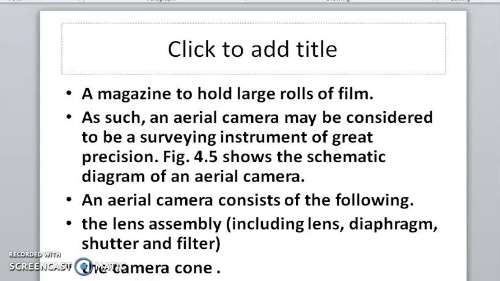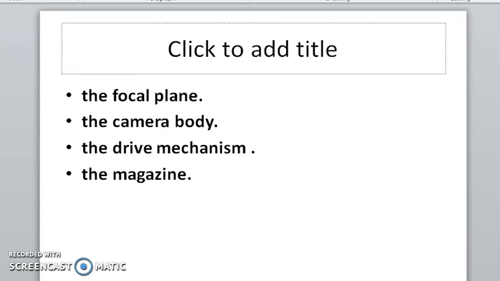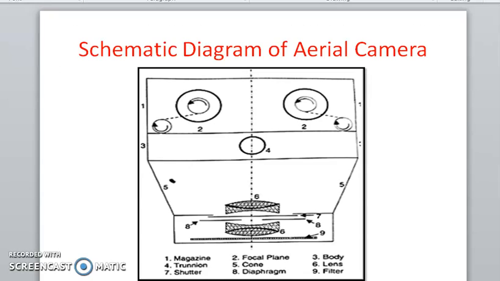An aerial camera consists of the following: lens, diaphragm, shutter, filter, camera cone, focal plane, camera body, drive mechanism, and magazine. This is the aerial camera. You can see: one is the magazine, two is the focal plane, three is the body, four is the